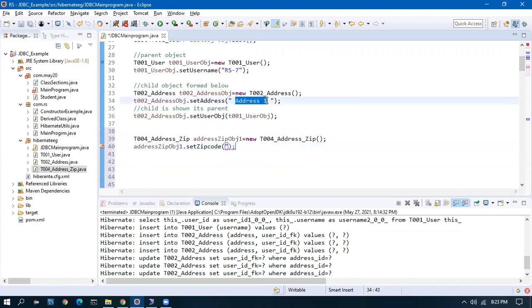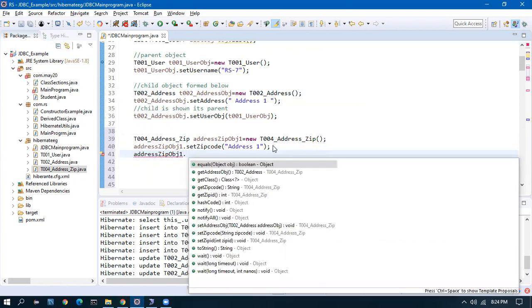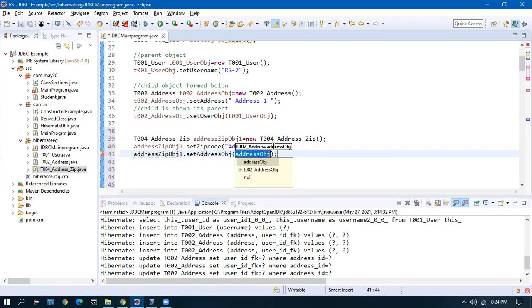I will append address 1 so that we know that it is address 1 zip code. Now this is a child of address 1. We know that it is a child, but for the program to know, we have to tell it its parent. So child zip dot set address, that is the parent. Which is the parent? The T002 address object is the parent. So we gave the identification of the parent to the child.